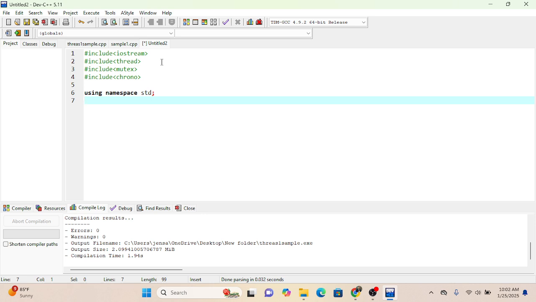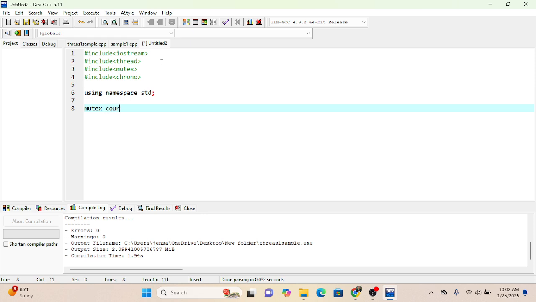Okay, and now, for example, we have to declare a mutex, then we have, what do you think, for example, cout mutex. Okay,